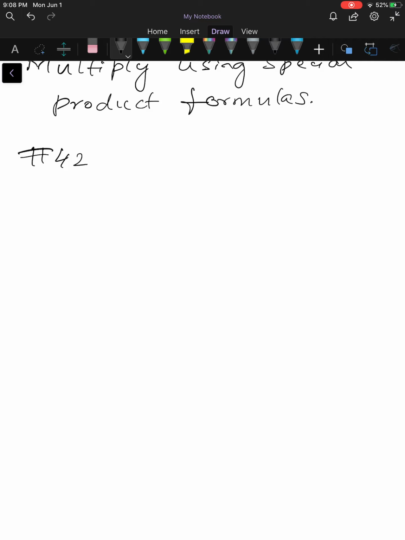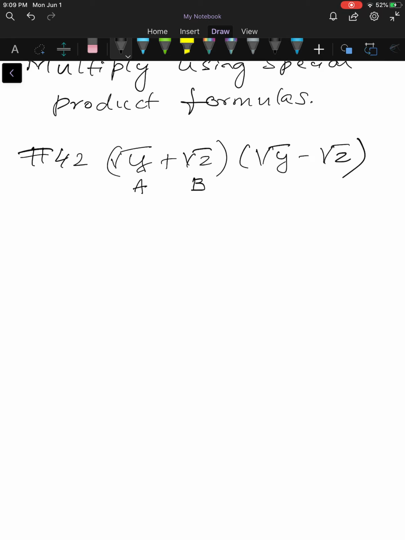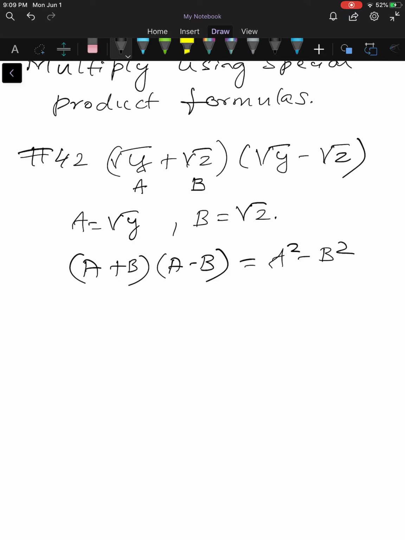This is number 42 in your book. Suppose I consider square root of y plus square root of 2 times square root of y minus square root of 2. You can clearly notice, if a is square root of y and b is square root of 2, this given expression is of the form a plus b times a minus b. So that is nothing but a square minus b square. Directly applying formula number 1,